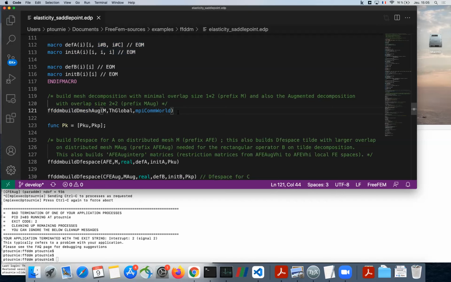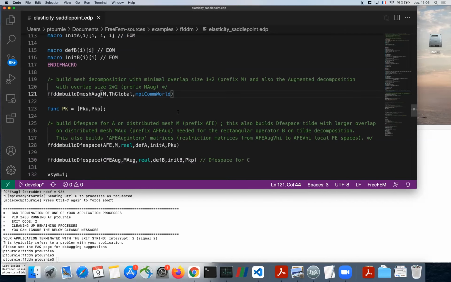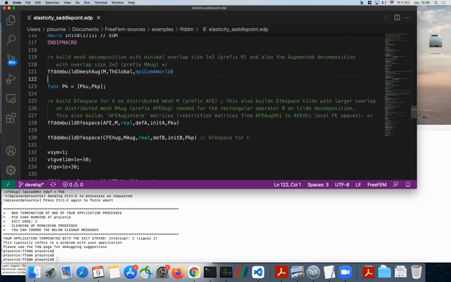This is standard stuff, which does pretty much the same as the math interface Pierre showed a while ago. Since we will have multiple finite element spaces here, I put some names, so user names, on all of these.